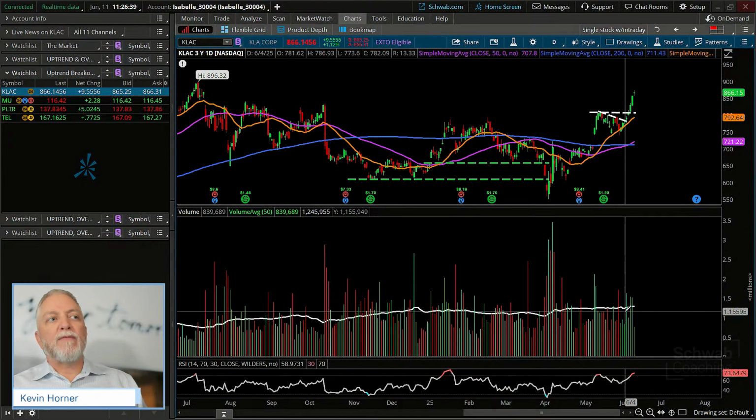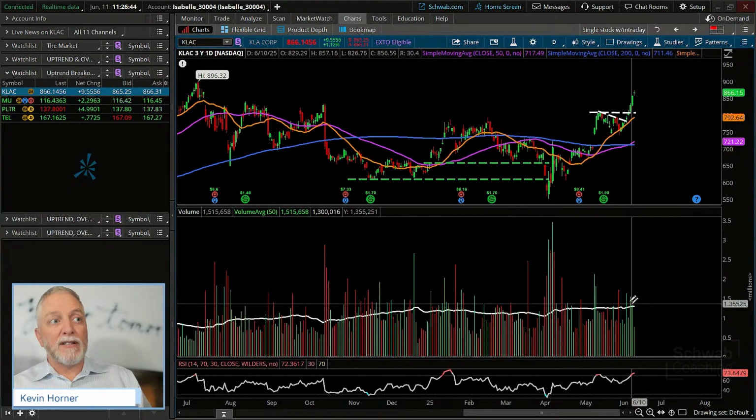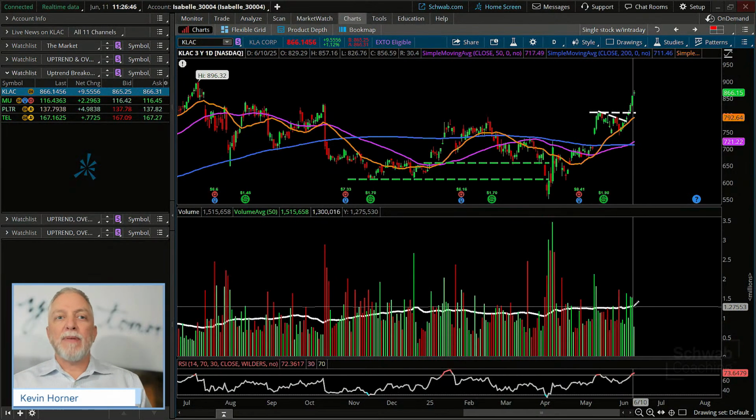But when you trade volume that is greater than the average, particularly in the midst of a breakout, it's not because you and me and my grandmother are the ones buying up CLAC here. It's because institutions are likely the buyers. Deep pockets, large dollars, right? Smart money, so to speak. This can be really instructive, okay?